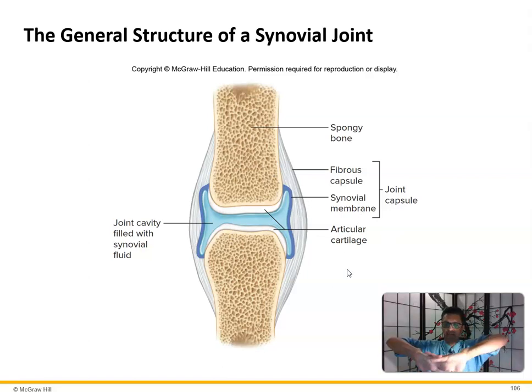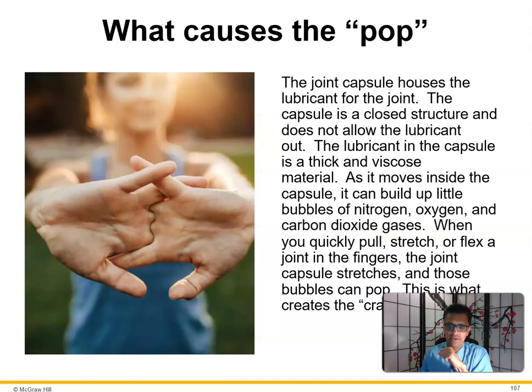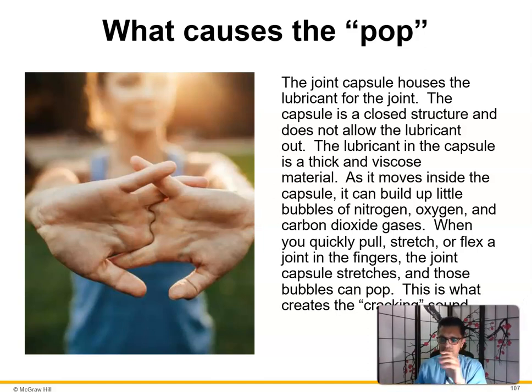Now, if you like to crack your knuckles, probably people have told you that, hey, you're going to get osteoarthritis if you keep doing that. Well, you're actually just releasing the gas that tends to build up here. The joint capsule houses the lubricant for the joint. The capsule is a closed structure and does not allow the lubricant out. The lubricant in the capsule is a thick, viscous material. As it moves inside the capsule, it can build up little bubbles of nitrogen, oxygen, and carbon dioxide gases. So when you quickly pull, stretch, or flex, the joint capsule stretches, and those bubbles can pop, which is what that